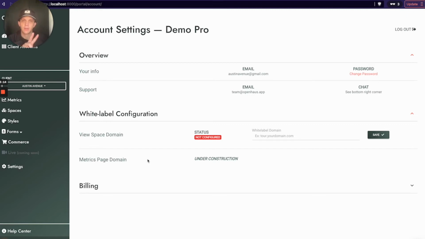So I want to give two quick points here. The first point is that what we've added so far is what we call the view space domain. This is like if you create a space using Openhaus and share it with a client, this is the domain that you're doing right there. So if that client goes and views that space or embeds it on their page or whatever, this is where that would take place. So you'd put something like,